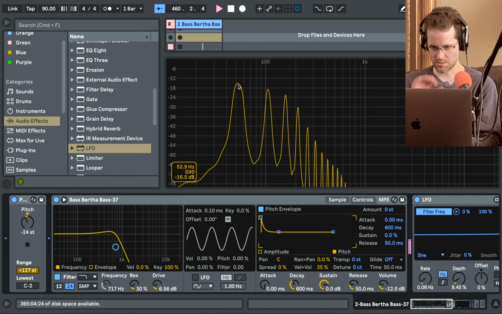But I'm going to move this up. And I'm going to move this offset up because I don't like where this filter is going. I want it more. Sounds a little lame. So for whatever reason, when you go into controls here,